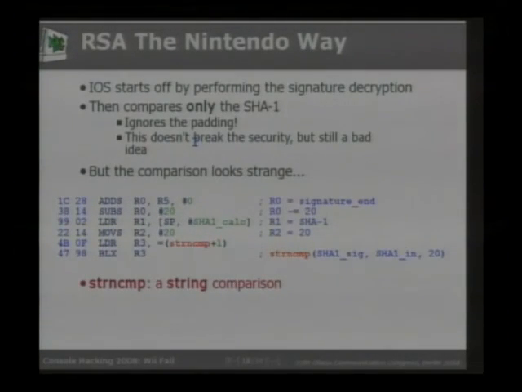For those of you who don't know, a C string compare function stops on the first null byte, which means if your signature has